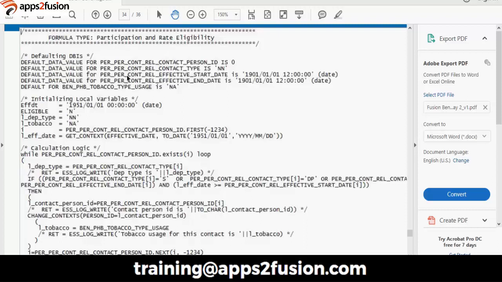If you see per contact relationship person ID, per contact relationship type, then you have contact effective start date, effective end date, then you have BEN PHP tobacco usage type. These are all the DBIs I'm using. One of my DBIs is an array DBI. Per contact relationship ID is an array DBI. This particular DBI stores the information of all my contacts. So my spouse, my child, my father, mother, any contact I have in my system will be stored in this